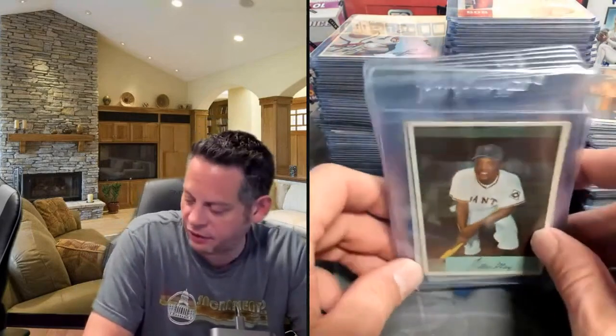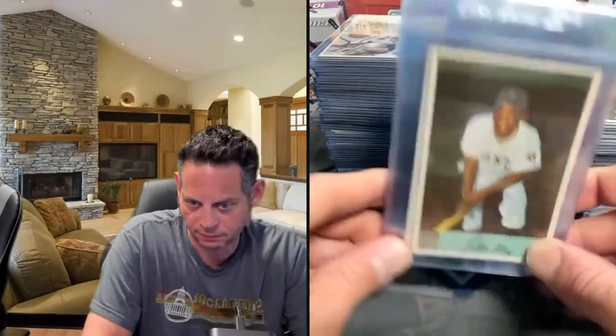Because of that, Ian's father didn't really have them tucked away. And as Ian was going to school as a young pup, he would look up some of these cards in price guides, and he would actually start bringing them to school to show his friends. He thought they were cool. So lo and behold, as you're going to see as we cycle through some of the highlights, there's one in particular that I could not believe he told me he brought to school. So without further ado, let's get into some of the highlights of this fresh to the hobby